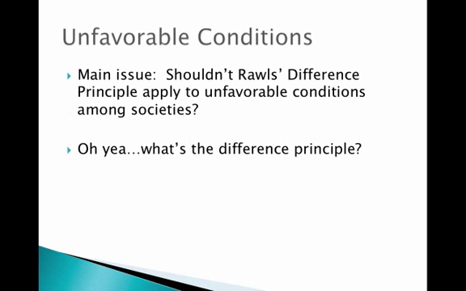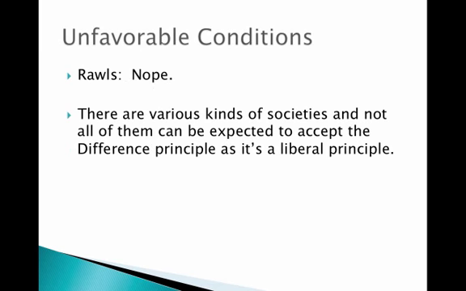Well, with respect to that second question, we covered it in Rawls part 2. So I'm not going to rehearse it again. You can look it up yourself. But it has to do with distributive justice, how we do resource allocation, how we can justifiably have unequal distributions of resources. What principles dictate that? The difference principle applies to that. But regardless, Rawls is going to say no, the difference principle actually won't apply to that, because he says there are actually various kinds of societies, and not all of them are going to accept the liberal difference principle.